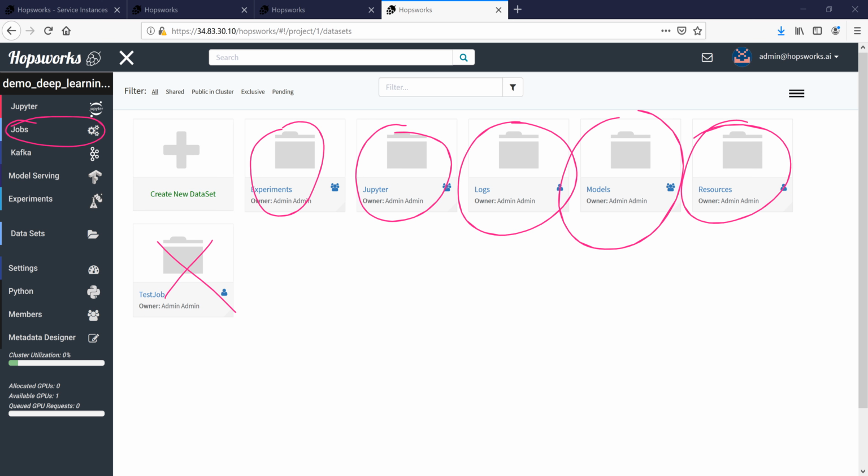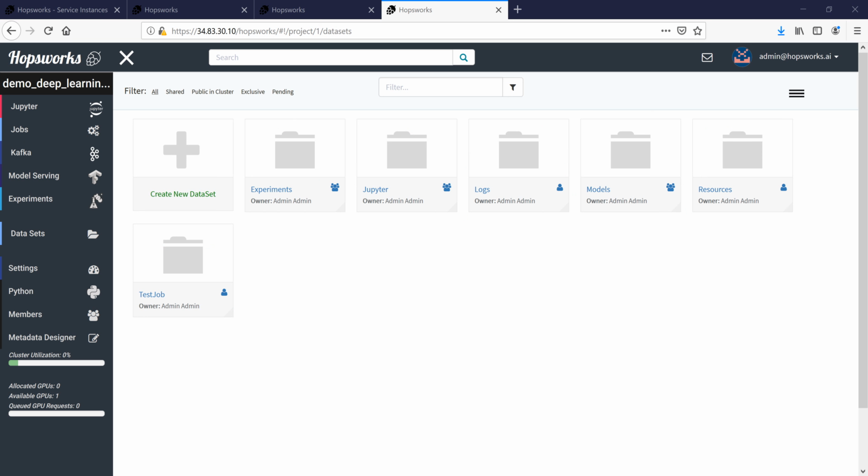And the last dataset we'll look at here is called resources. This is typically where you place your programs or other files that you may need, and it has a special function in that there are two roles for users in the platform: data scientists and data owners. And data scientists have less privileges. They're not typically allowed to create data sets, so they're not allowed to press this button to create a data set,